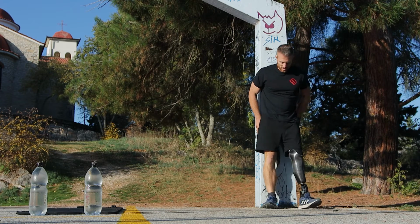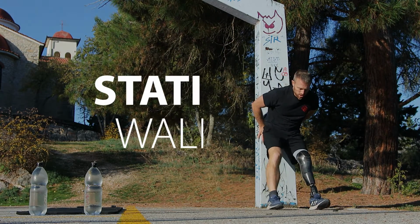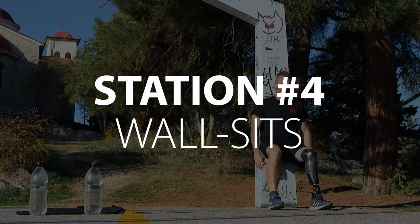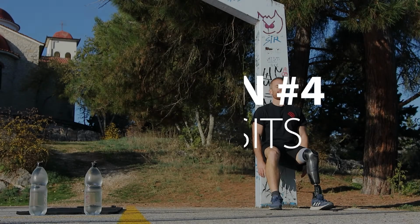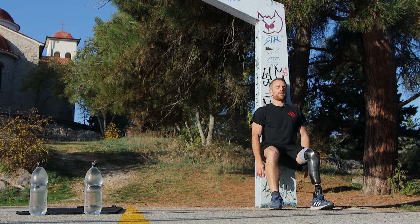Plyo-burpees done, getting ready for wall sits. During wall sits, you want to keep your knees at a 90-degree angle. Your lower back should be flat on the surface that you're leaning on. And if you want to also brace your core, which is what I always like to do, you can put